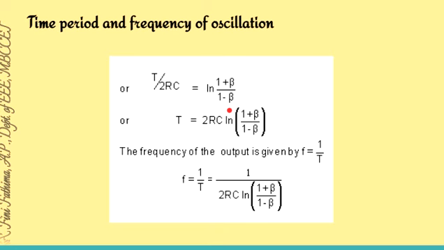What we have to design is the time period or the frequency. So the time period is equal to 2 RC ln of (1 plus beta divided by 1 minus beta). In order to take the frequency, we can make it f is equal to 1 by T like this. Okay, now